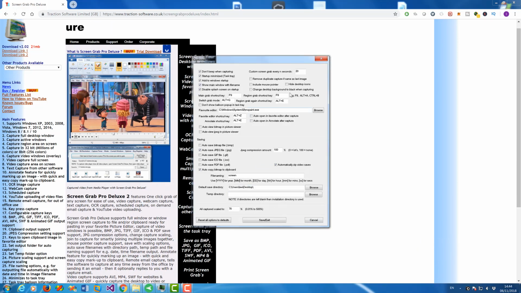There's also some other things like hide desktop icons and change background to black. So like hide desktop icons, you might be taking a capture of the desktop itself, and you might not want all the icons in the background. You might only want one screen on it. Things like that. You can also set the output file name